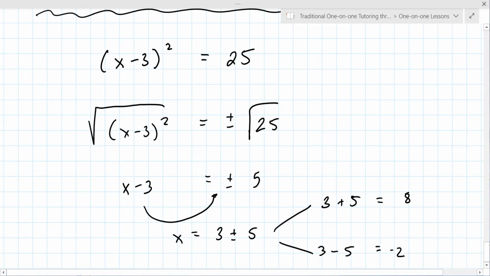Oh, so I don't actually write it as square root anymore after that? Not if it's friendly. If it's friendly and you can reduce it, you should reduce it. And then I can just have it as 8 and minus 2. Yes. So when it's friendly, I still write it out like that, but then I can divide it even more. So x minus 3 equals plus or minus 5. Then it would be 3 plus 5 equals 8, 3 minus 5 equals negative 2. And those would both be on the